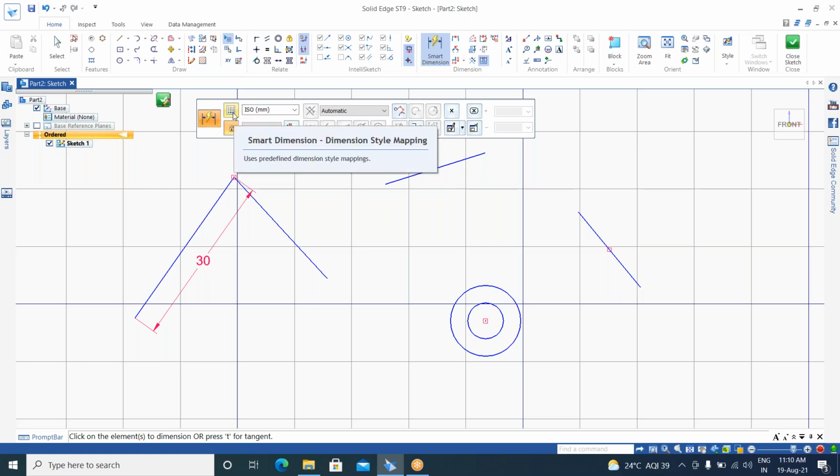Next one, here we can see the dimension style mapping. So here,